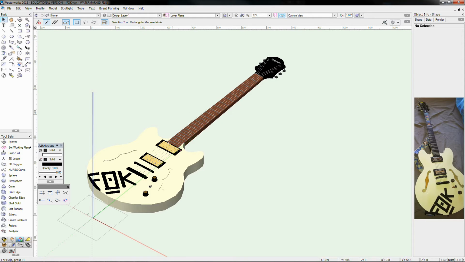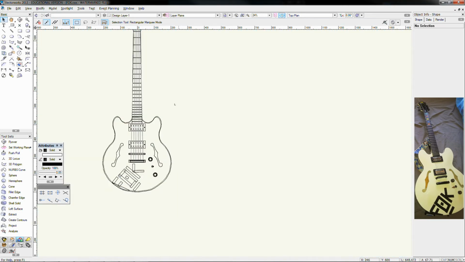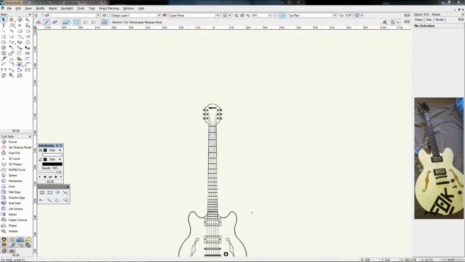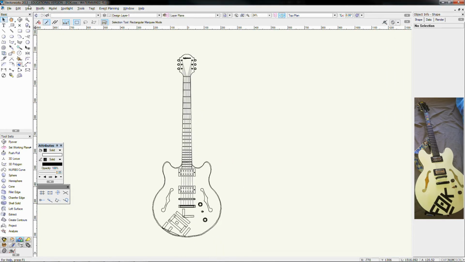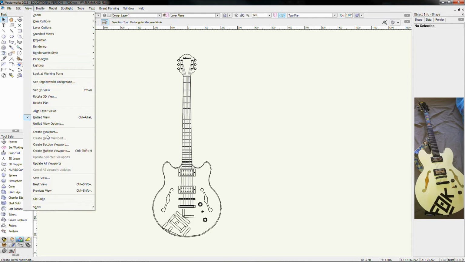But how do I transfer this across to the page? Now I know we've had a lesson on it already, but I just wanted to reiterate it by doing it together here on this exercise. So what I'm going to do is throw this into a plan view like so. You can see there's my guitar right there. Quite simply, what I'm going to do is go from my view menu up here down to create viewport,